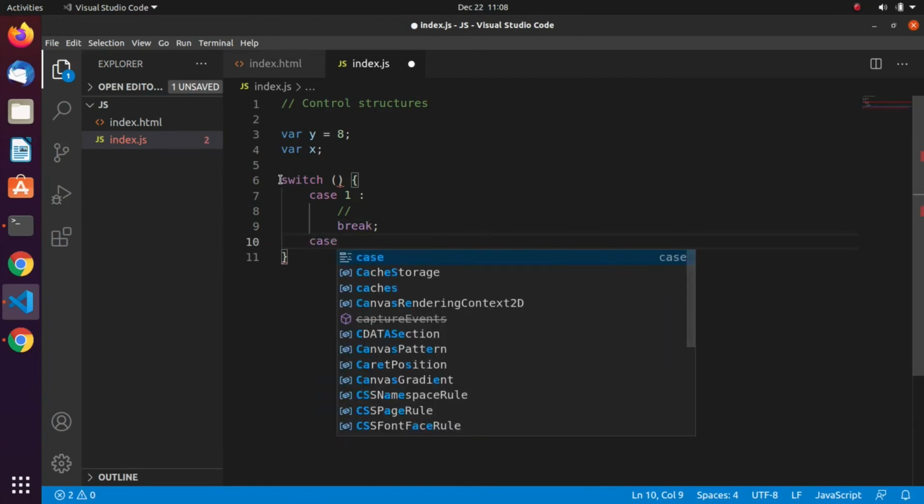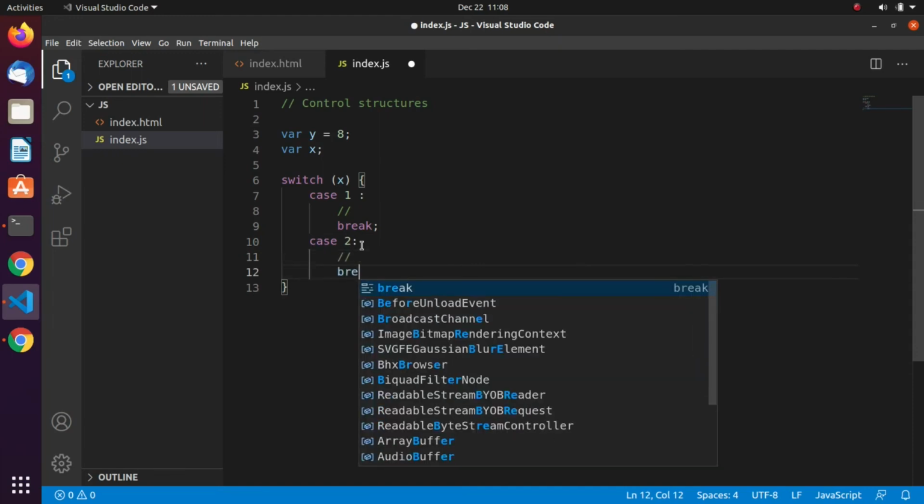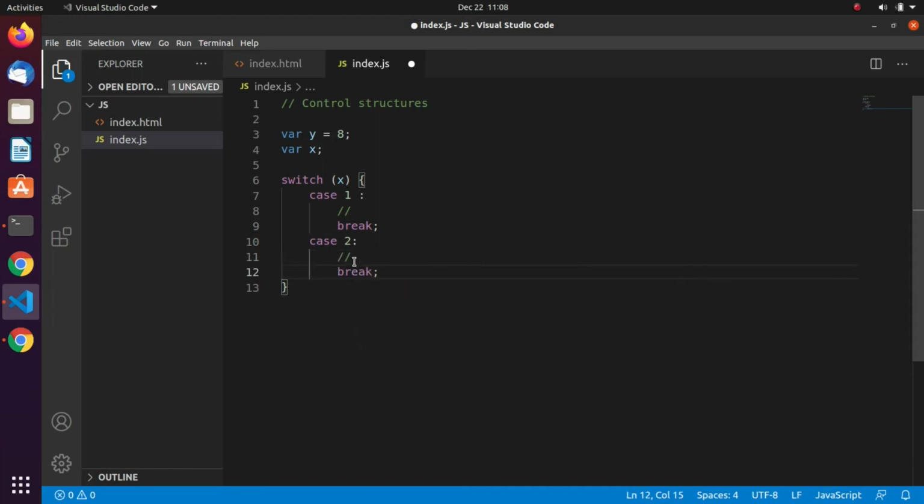And then we can have case 2 and then break again. Let me just put something here. We can switch on the value of X, that is X. So we have case 2, execute something and then break. And of course we have the default.